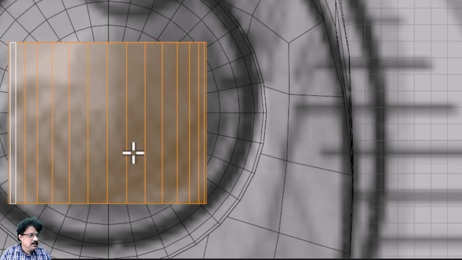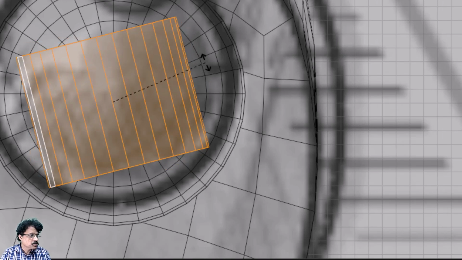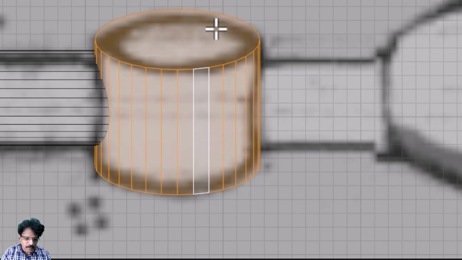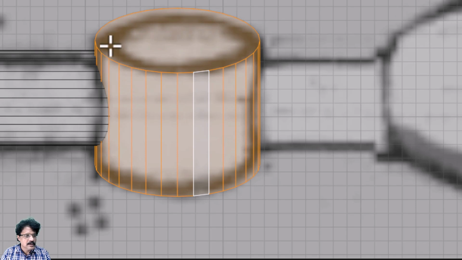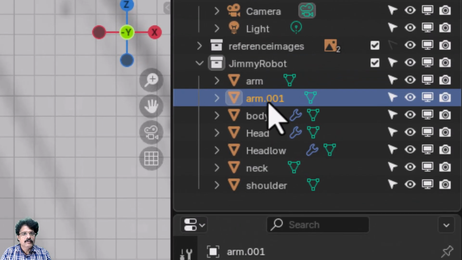Then I will press 3 and come into the side view, and in the side view now I will press R and slightly rotate it like this. Then press numpad 1 and come into the front view, and I will press RX and rotate it and adjust it to match this image. Then I will press Tab and I will come over here and I am now going to name this